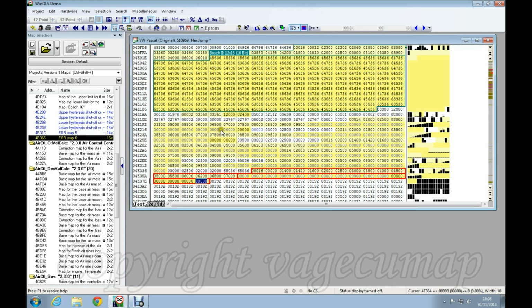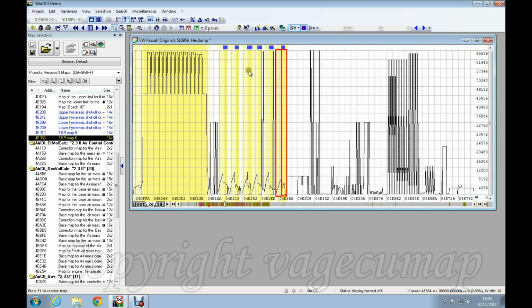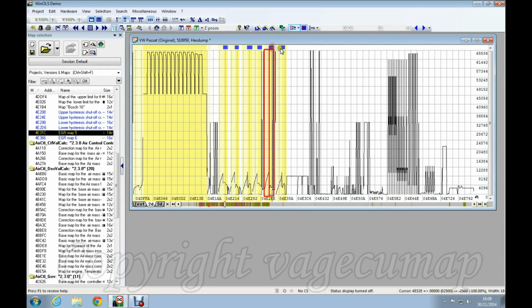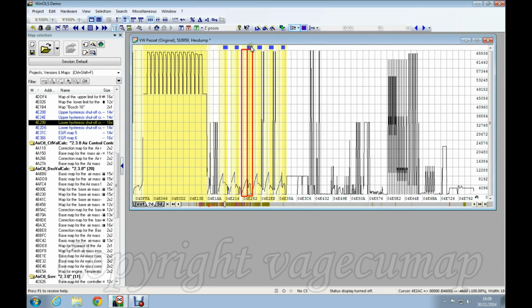Now I've set all 6 maps to 0, so all the output values are 0, so the EGR valve won't open. Now if we look at that in 2D view, we get a reminder at the top here, a blue blob, to say that we've set these to a value lower than they were previously, because it'd have to be lower because we've set them to 0. And you may just be able to see there's a little flat line there, which is the zeros.